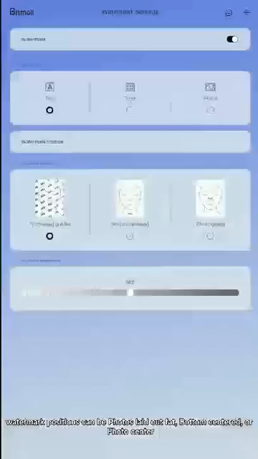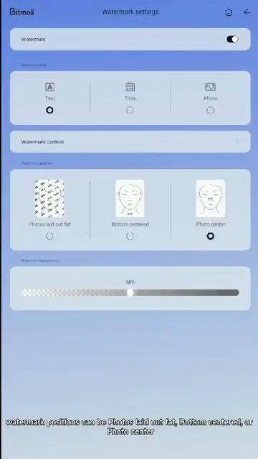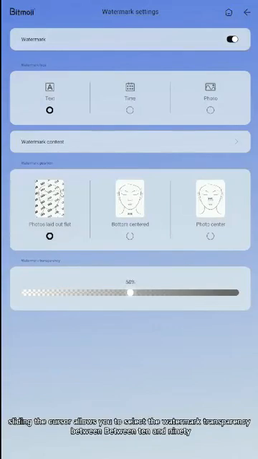Watermark positions can be photos laid out flat, bottom centered, or photo centered. Sliding the cursor allows you to select